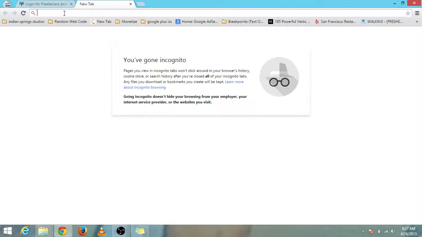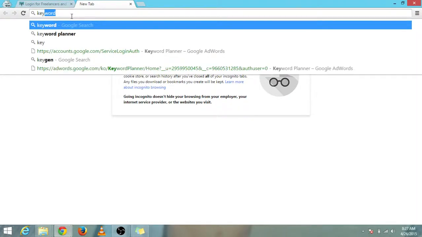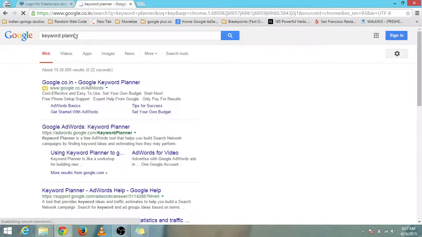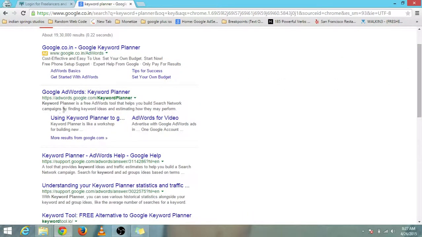So just start with that. Type the words Keyword Planner. I have already typed that. Just type this in the Google search box. Then it will show you results like Google AdWords, Keyword Planner, AdWords Help. But you have to select this one, because this is the actual tool which is going to help you in